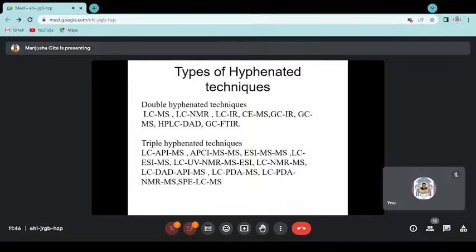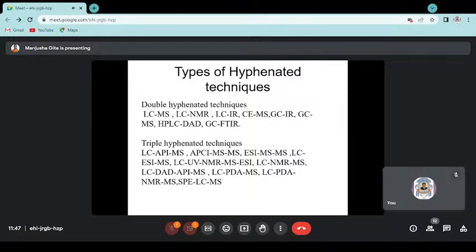Now there are different types of hyphenated techniques, that is double hyphenated techniques and triple hyphenated techniques. A double hyphenated technique means one is a separation technique and the other is a spectroscopic technique. And in a triple hyphenated technique, one or two separation techniques or one or two spectroscopic techniques are used. So double hyphenated techniques are like LC-MS,